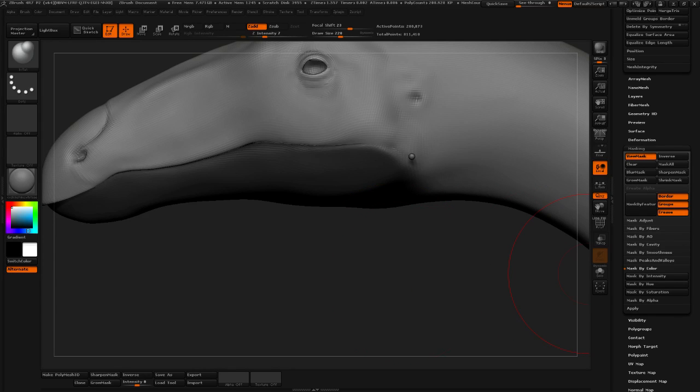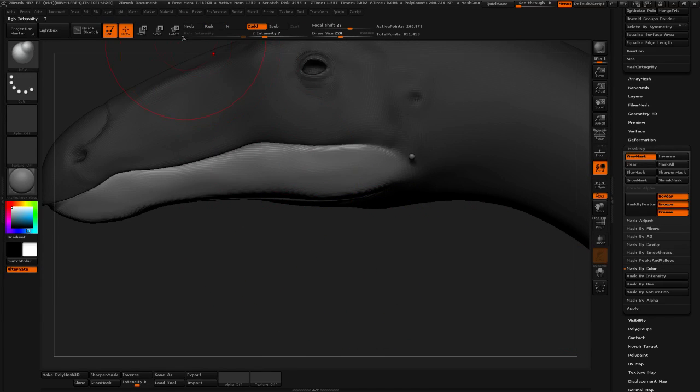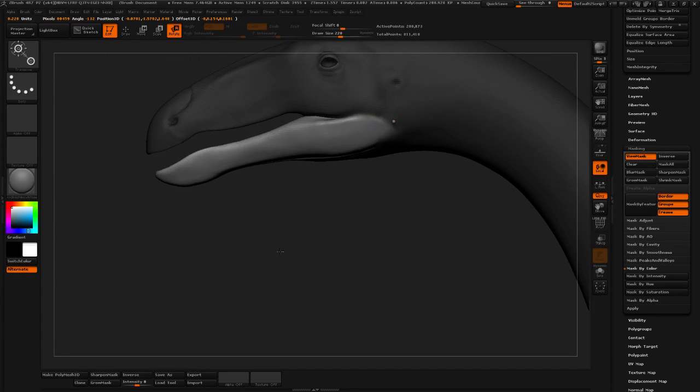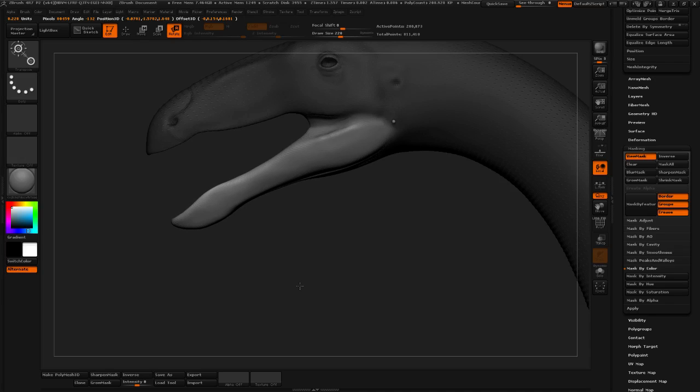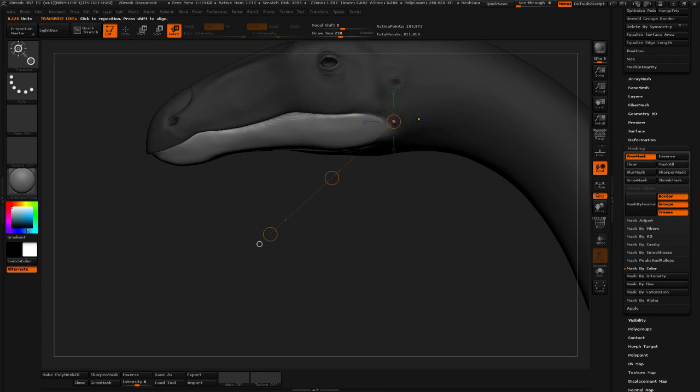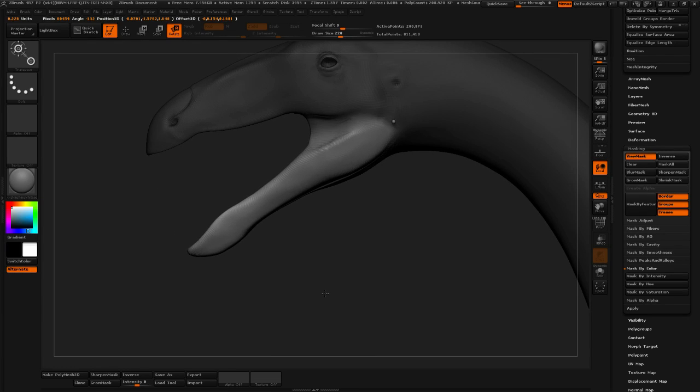And here it is. Here's our mask. Whoa. It's not perfect, but